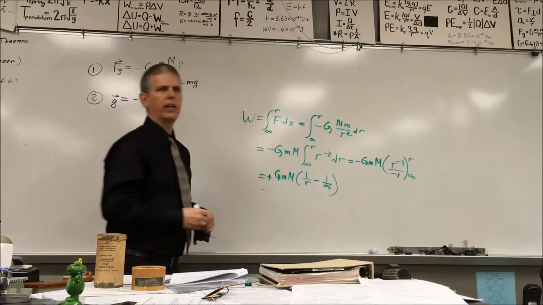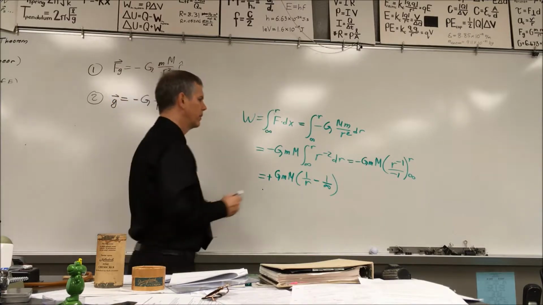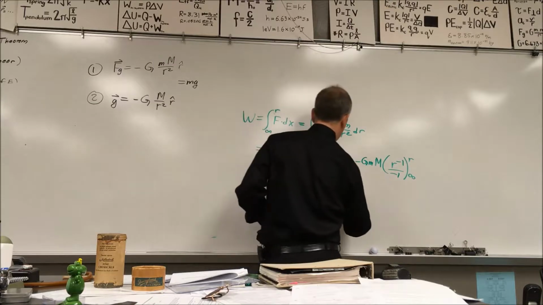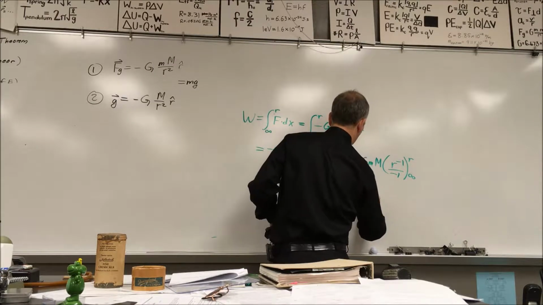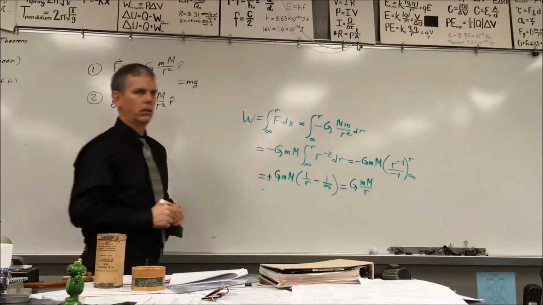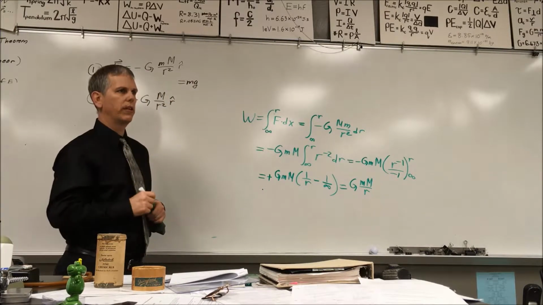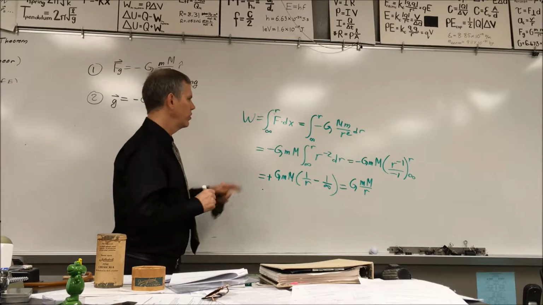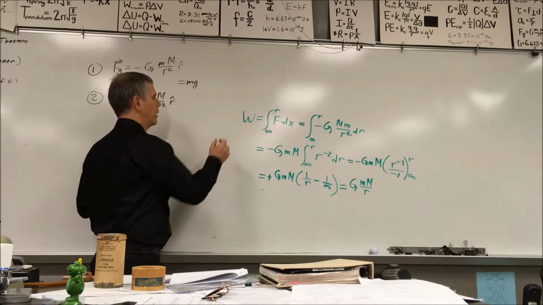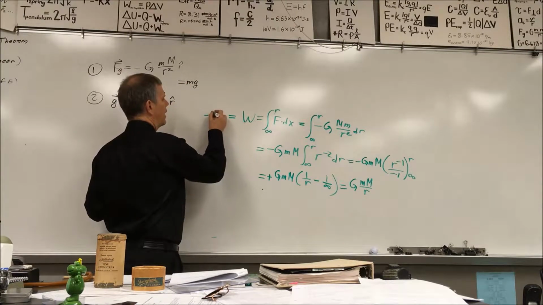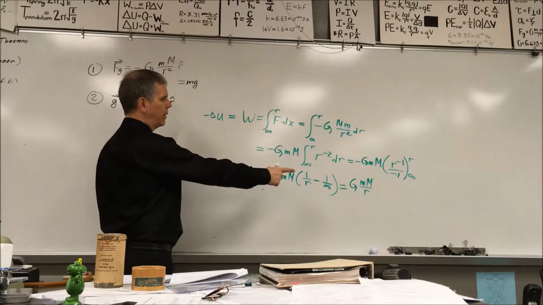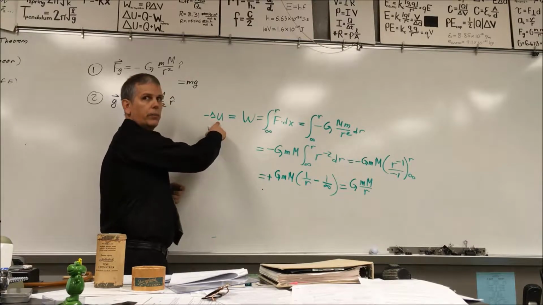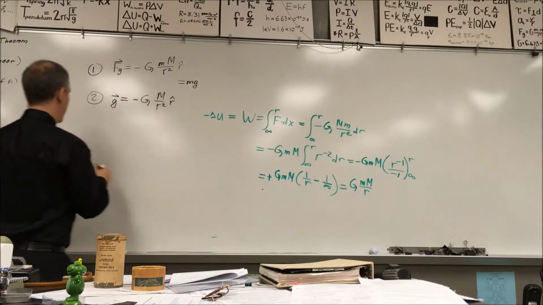And what does 1 over infinity approach? 0. Basically 0. So this gives us G m over r. But we have one more step. We also know that the force equals the negative change of potential energy. That one's a positive, but the potential energy would be negative. So that's why